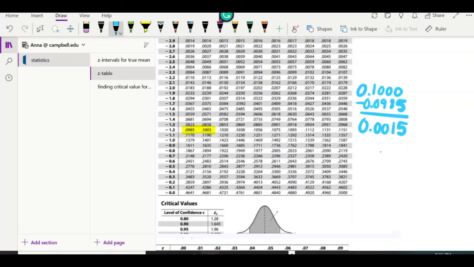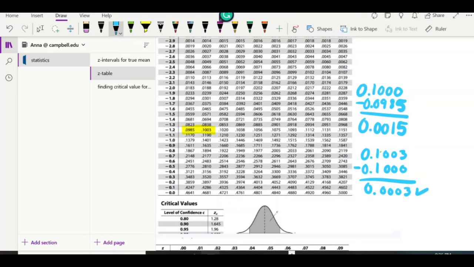And then this level of confidence is above. So I'm just going to take that and subtract our 0.1, so 0.1003 minus. You guys see what I'm talking about with my handwriting? It's terrible. And we're going to get,